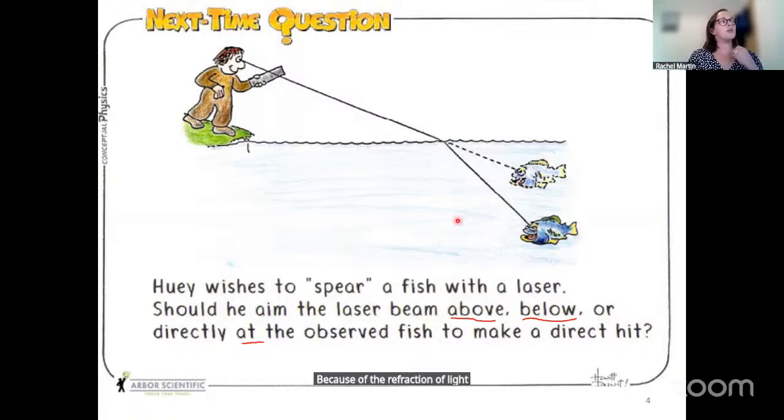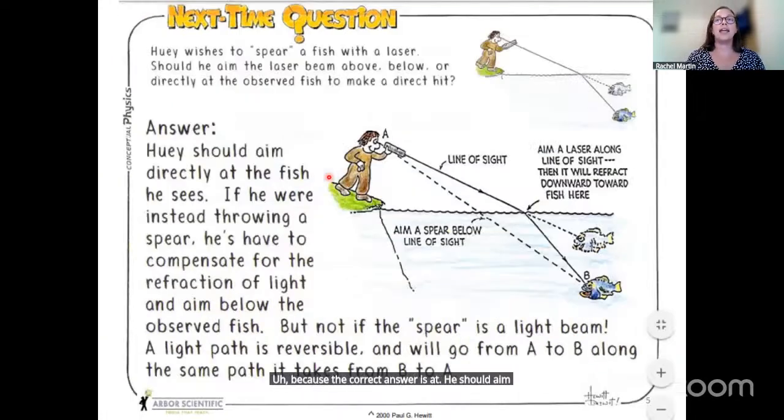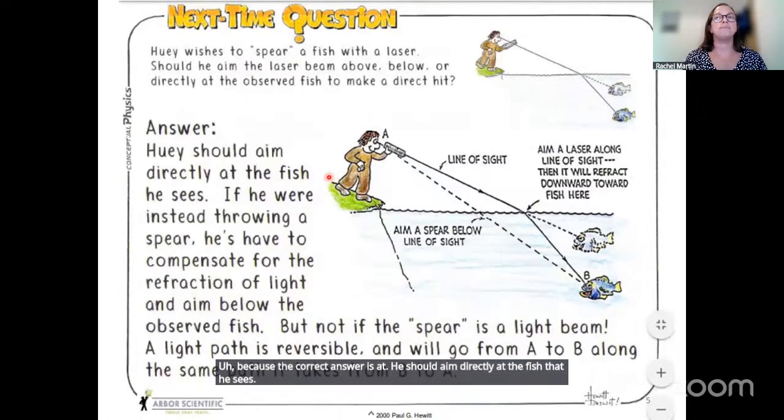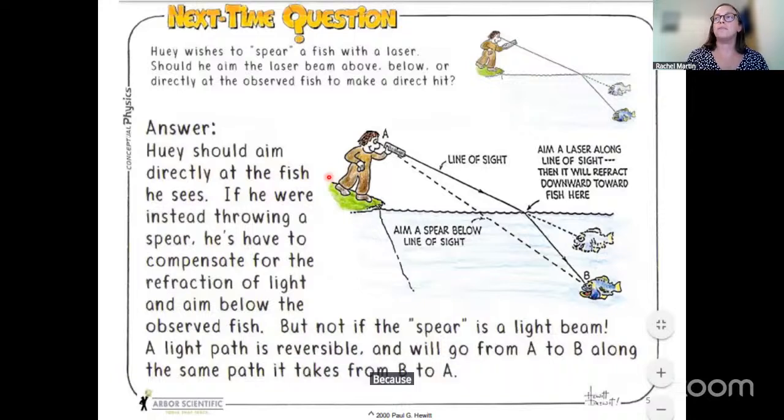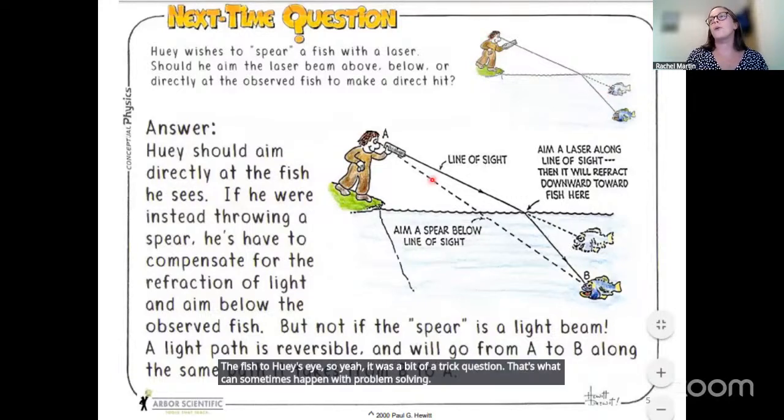But actually, he's got a laser beam. And remember, a laser beam is made up of visible light in this case. So well done, lots of people are getting the hang of it, because the correct answer is at. He should aim directly at the fish that he sees. Because in the image we saw earlier, that was just showing the path of visible light from the fish to Huey's eye. So yeah, it was a bit of a trick question. That's what can sometimes happen with problem solving. But with the laser,